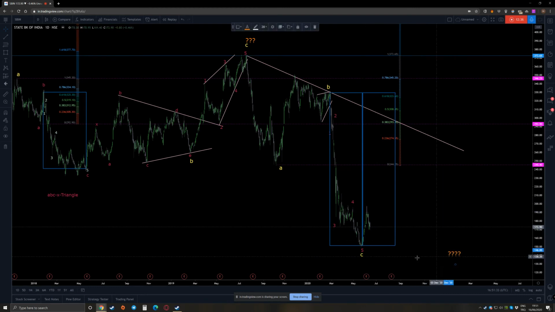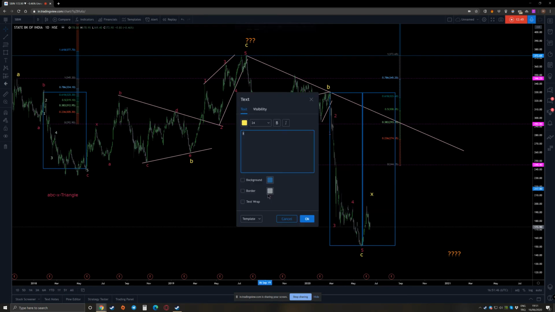So it means that whatever we have after the C wave, it will be an X wave. Okay, so just like here, now we have this problem here. So we have an ABC as a flat, another flat, and we will have an X wave. Now after this,